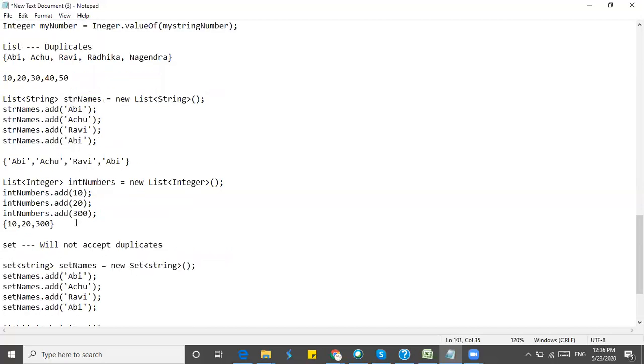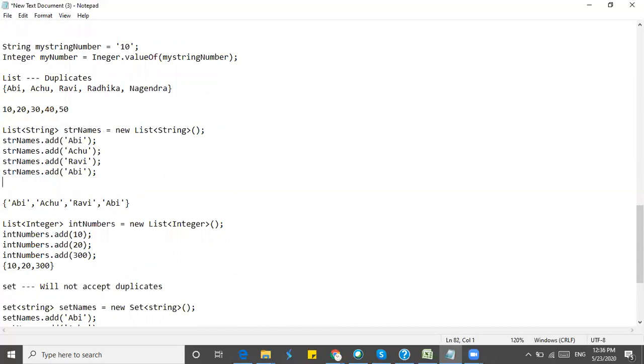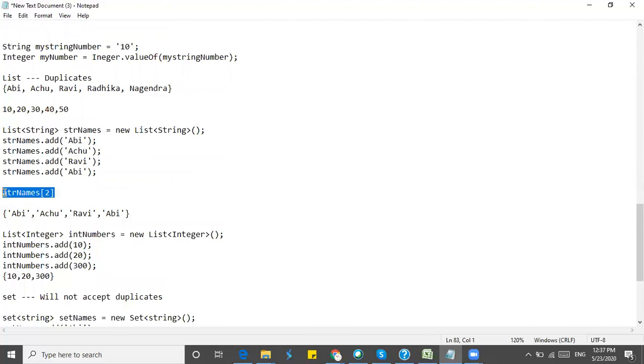So let's say in the set, if you want to get the third value, you cannot. If you want to get the third value, you need to write in this format. Str. So this will give the third value, but not sure you'll get this value.